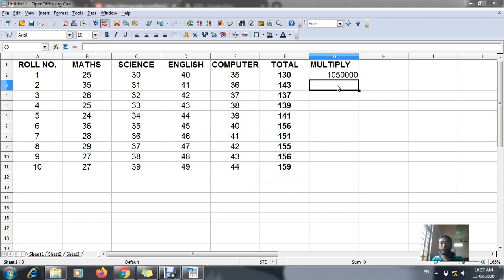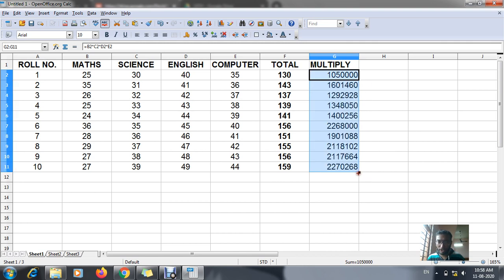Now as I told you before, we will be using the autofill method. For autofill, now you can see after clicking on the second or third cell, I am not getting any address over here in the address bar. That means my cell is not having any kind of address. Now if I want to give that address, in your first cell you can see the address is being displayed over here. Now just use the autofill method, just drag it, and automatically the whole multiplication will be done. Understood? This is your addition and multiplication method.